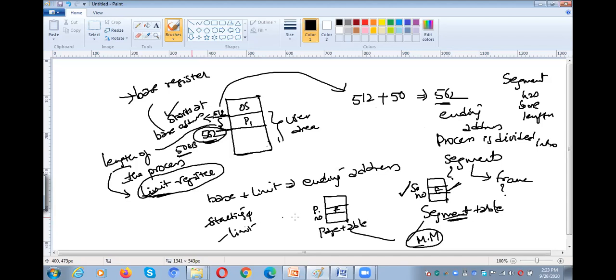Because in paging, all the pages are of equal size. But in the case of segments, all the segments are not equal. Each and every segment has some length. Where it starts, we know from the base address. Where it ends, base plus limit is the ending address.